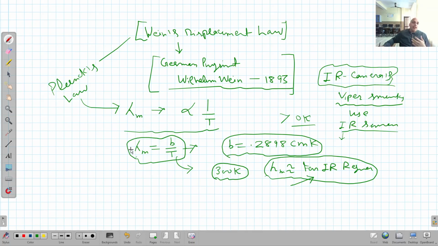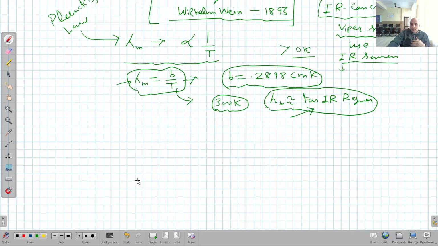Clear? So this is the significance of it. This is a very, very important relation that tells us about the temperature of the object, right? Now I will derive this relation by utilizing Planck's law, right? We know very well what Planck's law is. So Planck's law is,